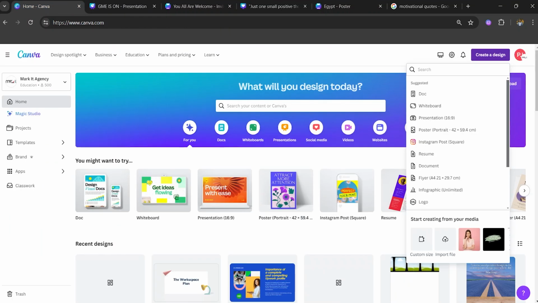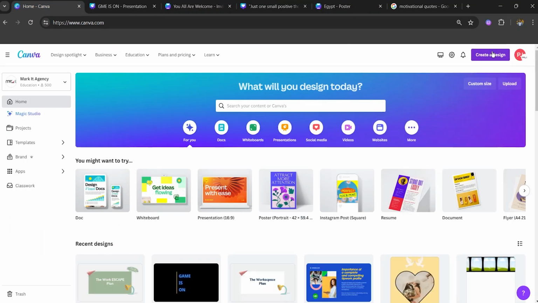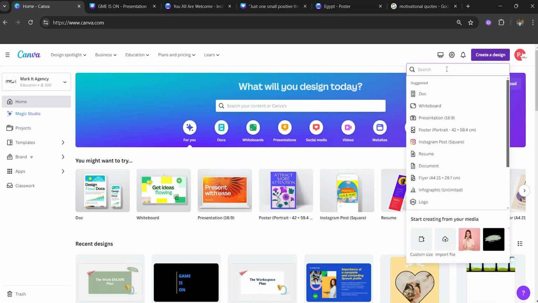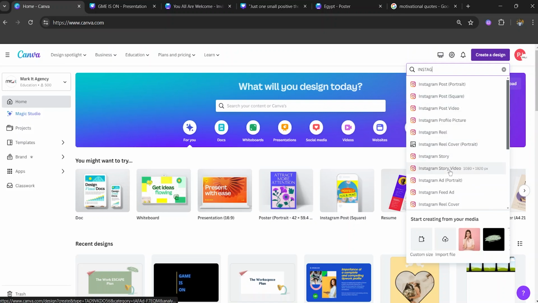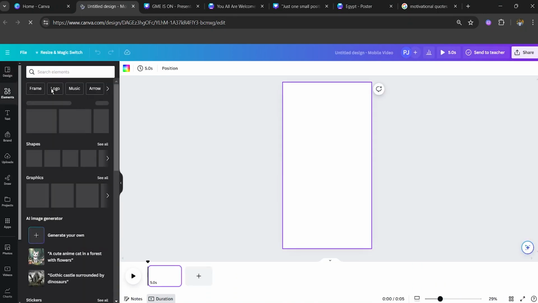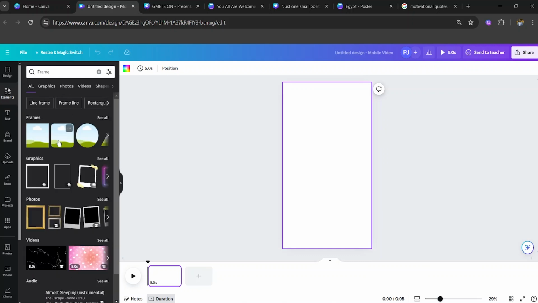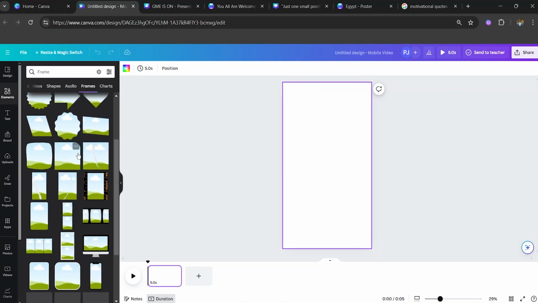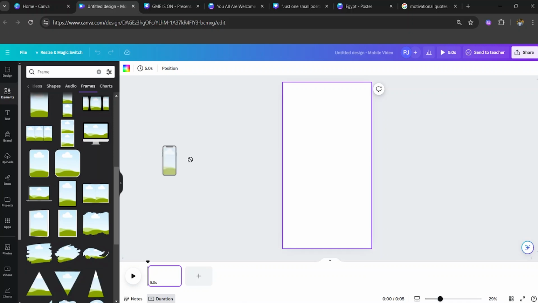For the next one, let's go over here and let's create Instagram stories, but that is animated Instagram stories. For that one I'll be clicking here. Let's search for Instagram stories video. Let's click over video, and then we'll take a frame. For the frame, let's click over here. We'll be taking a phone frame. So let's go down, we'll select this,